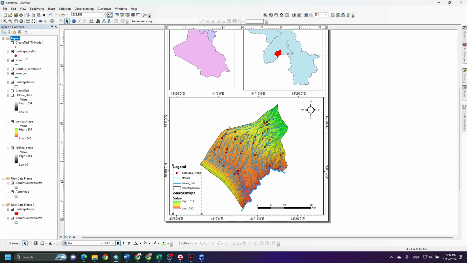And just what I want to see here, like training wells, and directly the name, let's change it. And here stream, it's okay, the name of the stream. And also here I want to just say lesser zab, or I can write it here, river, and this one is Bashtaba basin, and